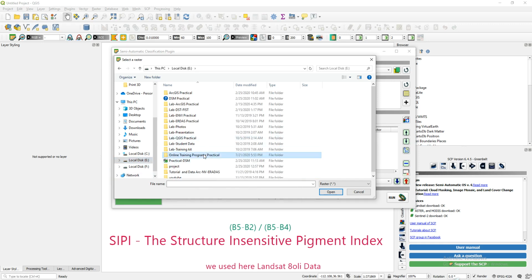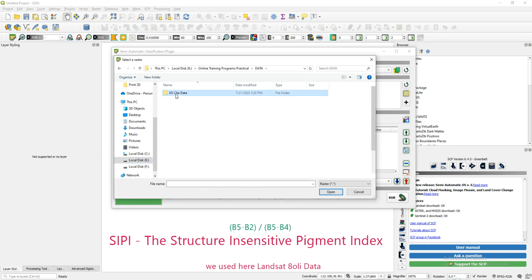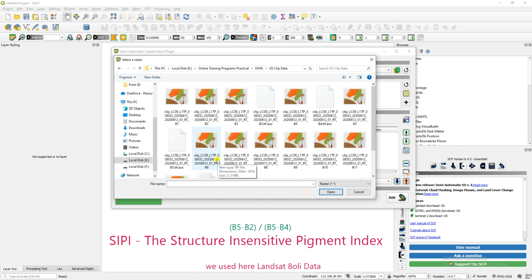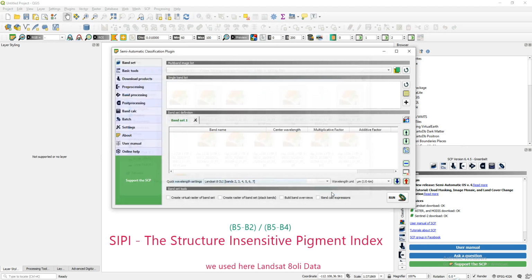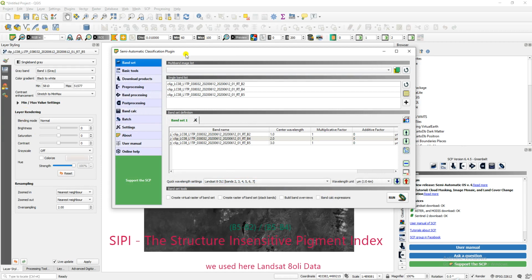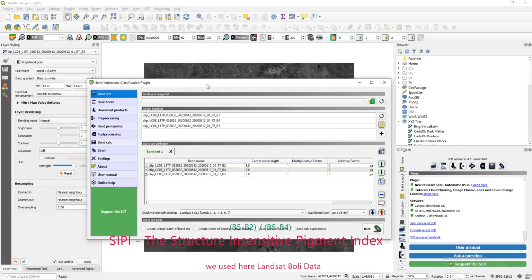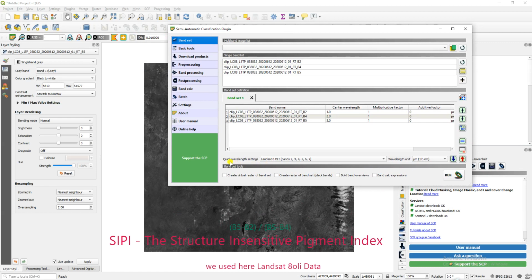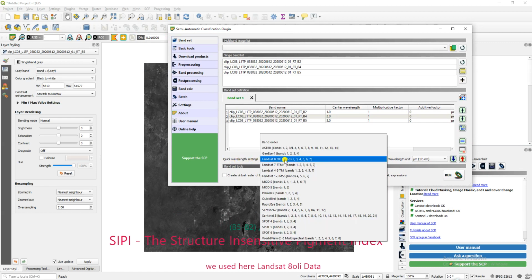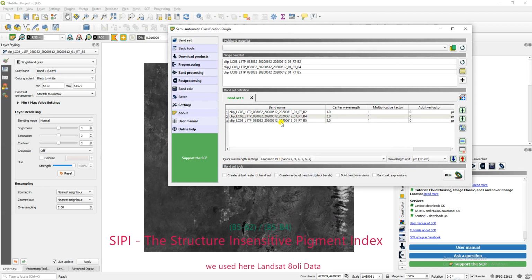Now import the data from the online trainings, go to the data. Most important are band number 5, band number 4 and band number 2. Select them by using the Control key and open. The bands are coming in here. The quick wavelength settings were already done in a previous practical, that is why they come by default.